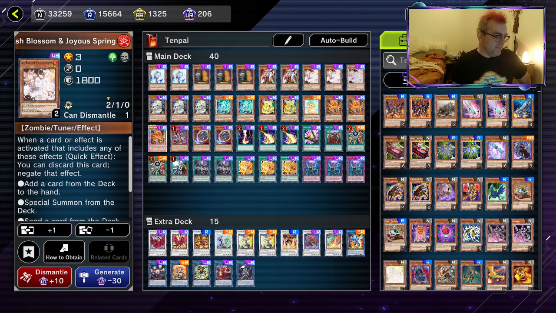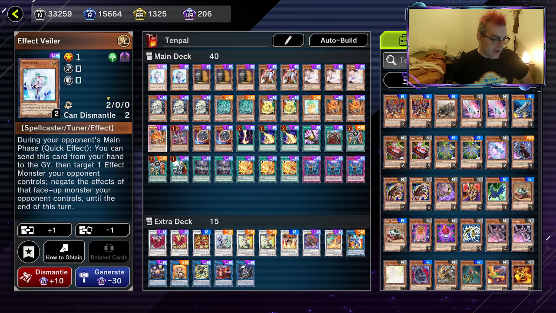Alright, let's get into the Tenpai deck profile. Hand trap lineup for the deck, because you're always going to be basically running a bunch of hand traps before the rest of the actual Tenpai cards. So, 2 Effect Veiler. Some stuff still dodges Veiler, but Veiler is still a very good card, and I find